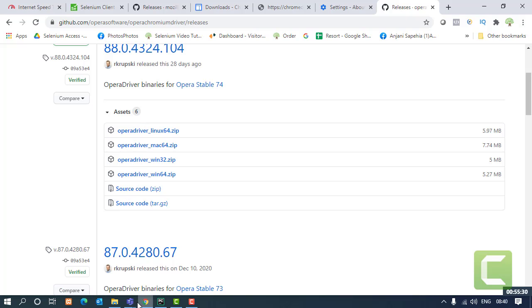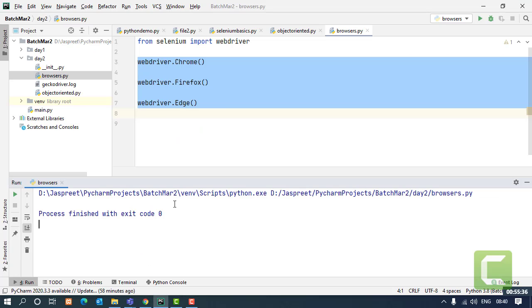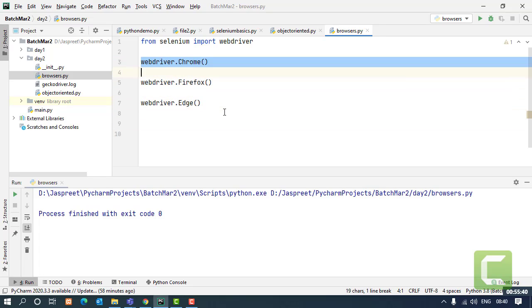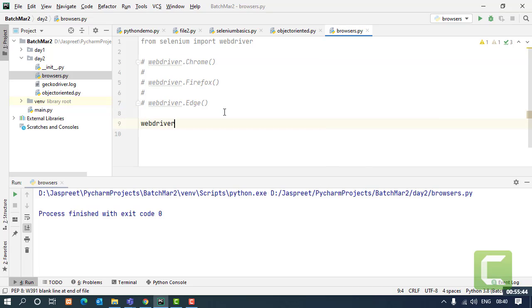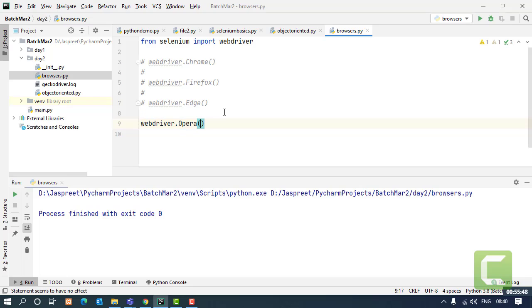Like here, I have this driver for Opera. If I try opening this Opera browser over here, I'm commenting this for the time, and I'll say WebDriver dot Opera.